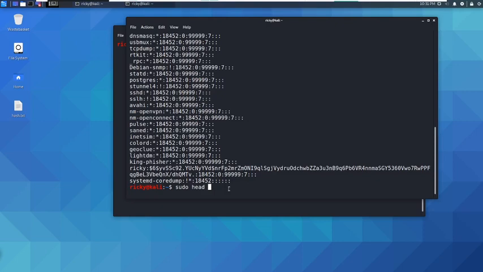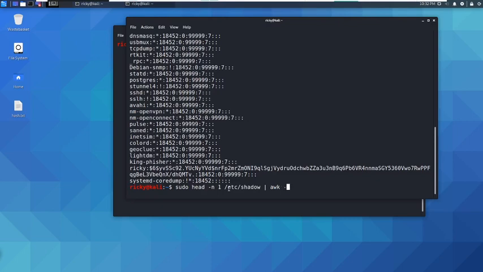If you want to bring lines from the bottom, you have to use the tail command. Tail gives you the last lines, whether you want the last 10 lines or the last 100 lines. The tail command is very useful when you are troubleshooting or looking at logs. But the head command displays from the top. So I mention -n for the number of lines, 1, from the file, etc/shadow, and I'm separating that using awk, piping the line into awk.